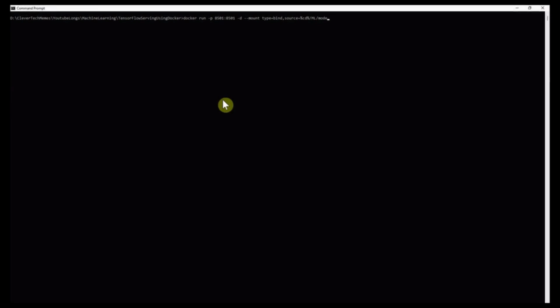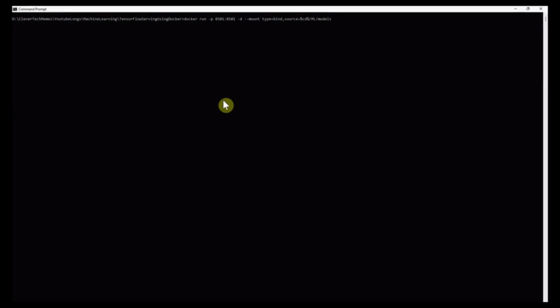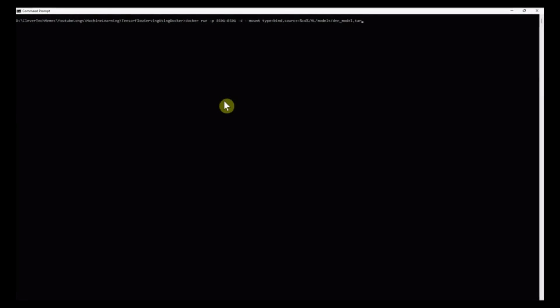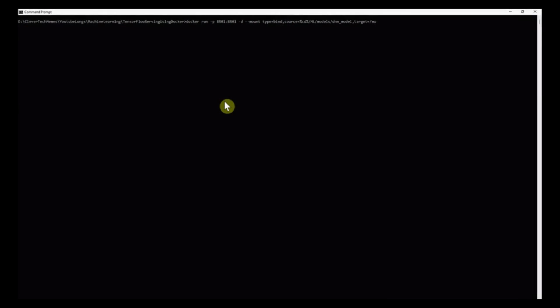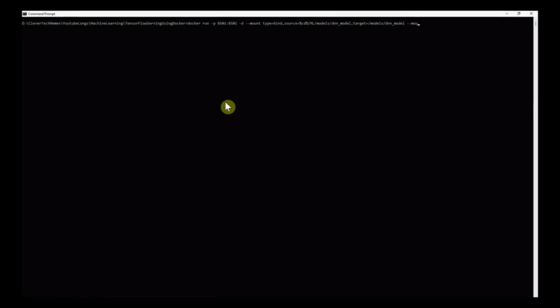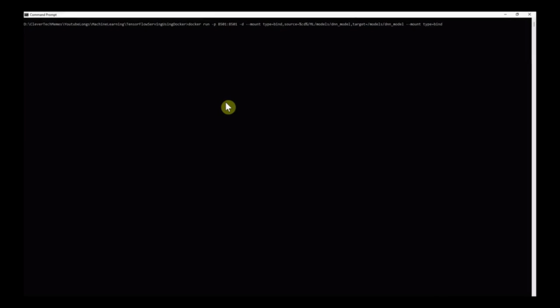I have created a folder named models, and I put all the models in this models folder, and I'm referring to my DNN model because I want to mount it to the models directory and the DNN folder on the container. So I'm using the mount type of bind,